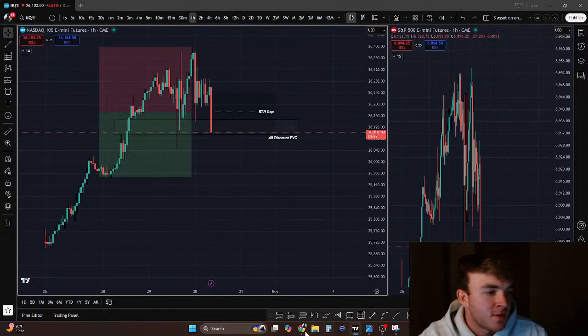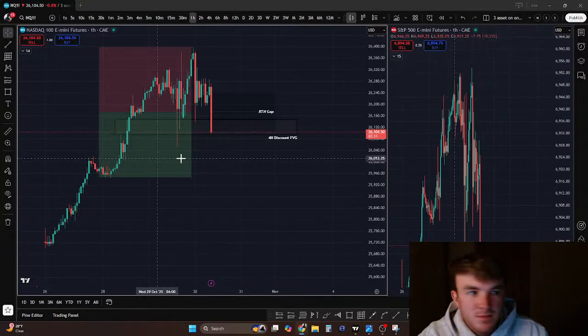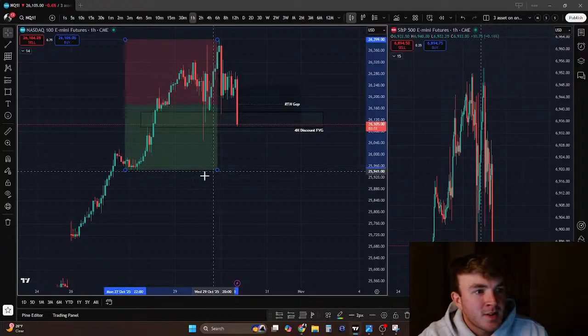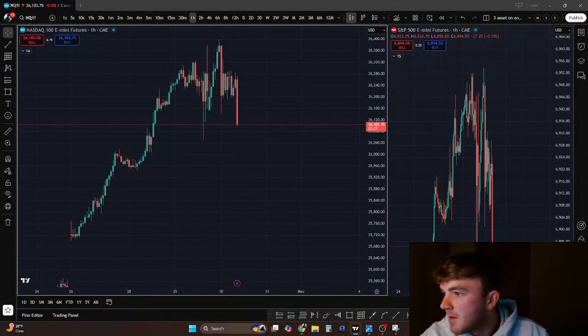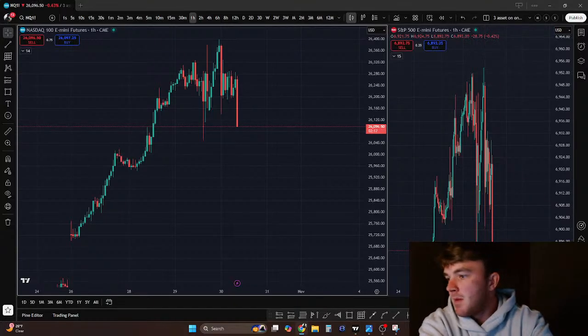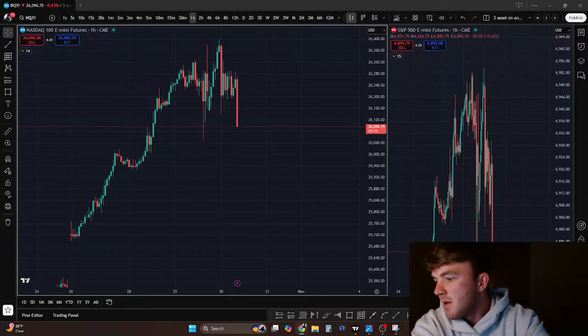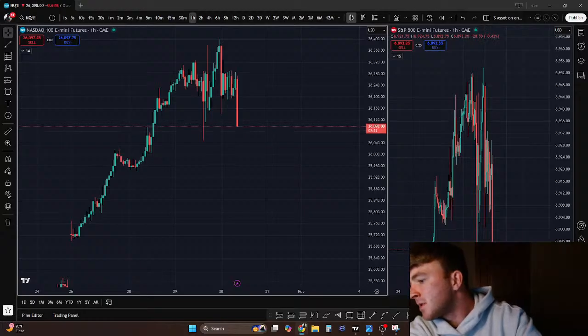I'm just observing price action. Honestly, I might be bearish. I might be bullish. I don't know. RTH gaps below, we also have